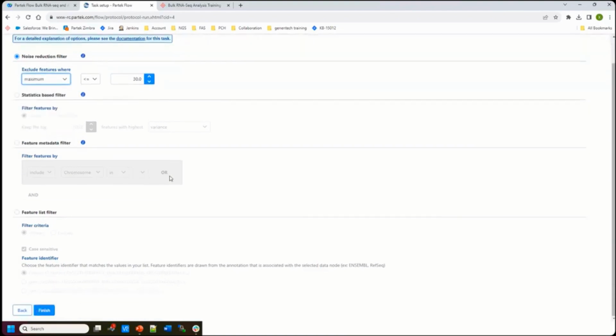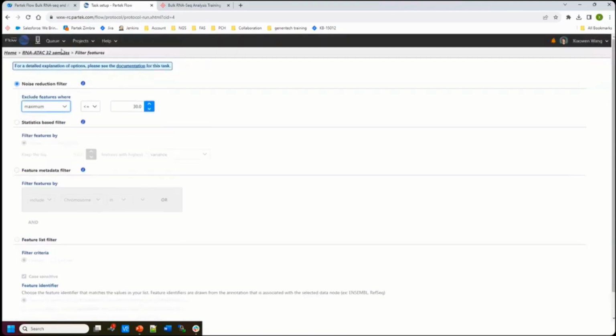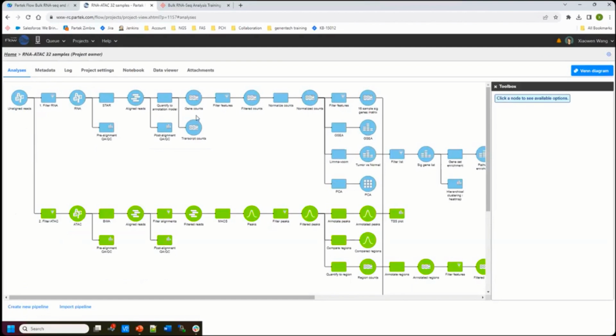The key thing is after you click finish, always check and get the feedback. Before filtering, I got 33,000 genes, and after filtering, I got 17,000. Always look at the feedback to see if this is reasonable. After filtering, if you only have 5,000 genes, like for human data, I think you filtered too aggressively. You might want to redo the filter. But if after you filter, you still have 25,000 genes,